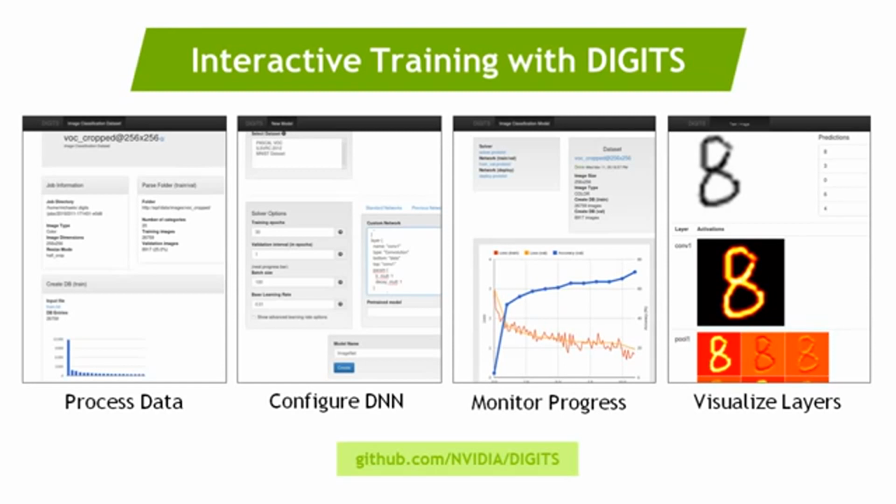DIGITS, an open source project contributed by NVIDIA, is an interactive web tool that runs on a PC or server with GPUs. DIGITS makes it easy to create and train customized DNN models very quickly. DIGITS also makes it easy to import custom data into databases used during the training phase. A variety of formats are supported for importing training data, labels, and specifying the validation and test subsets of